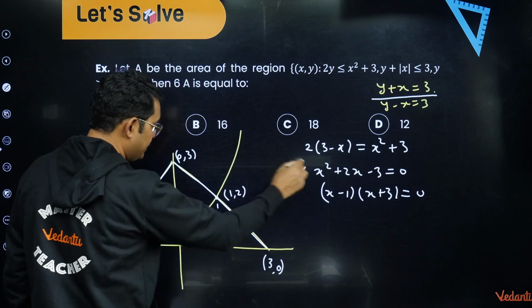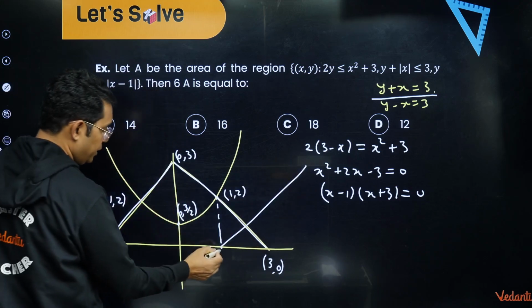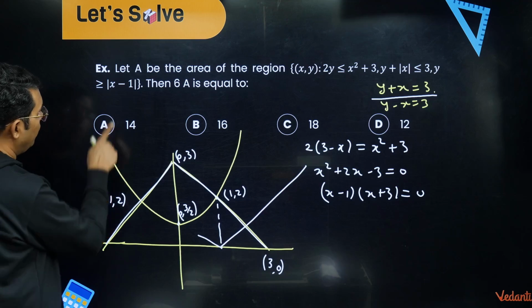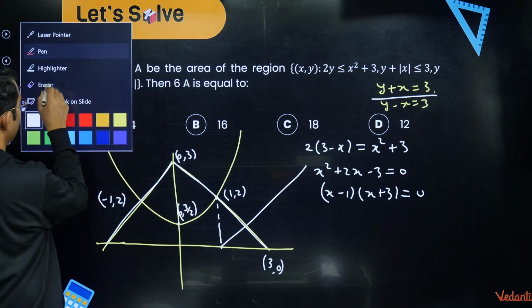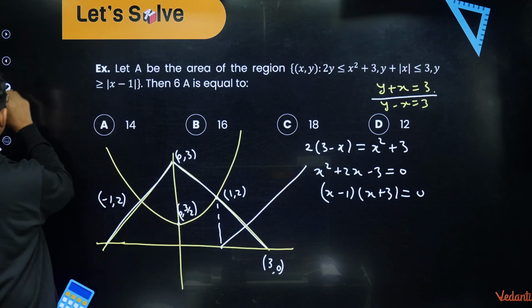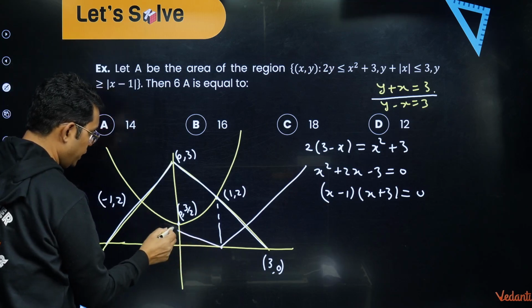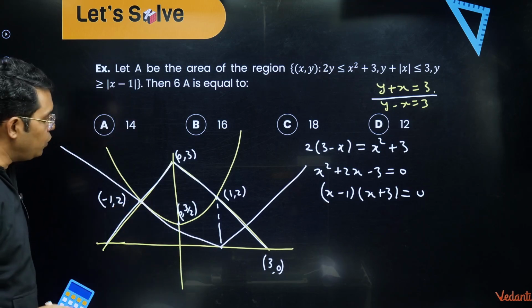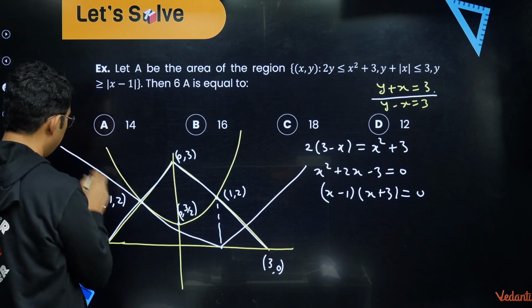It will be going like this and it will be going like this. Okay, now if I check, let me just draw this graph. Actually this (-1, 2) is also lying on it, and if you look at this thing, this is actually a tangent to this parabola at this point. And how do I know it is a tangent at this point? For that you need to solve this part.